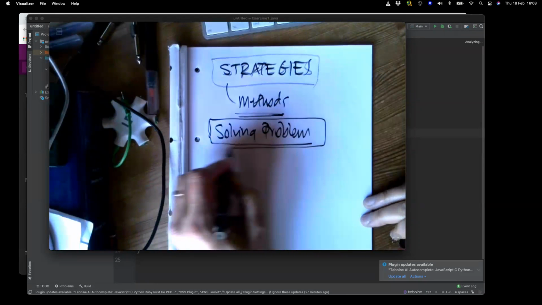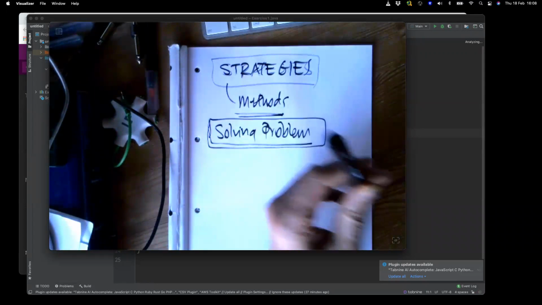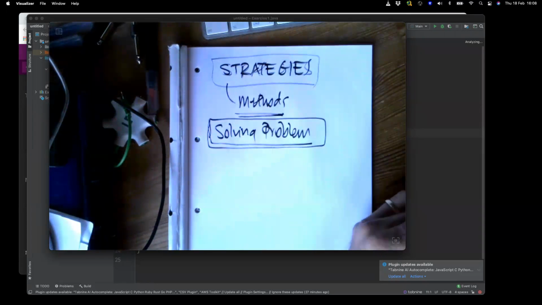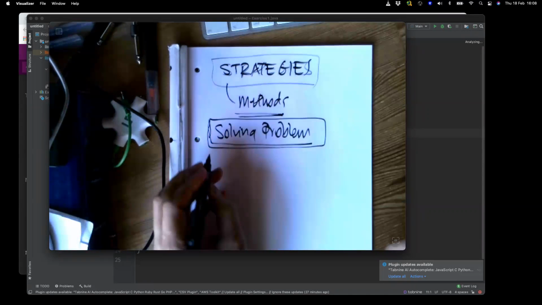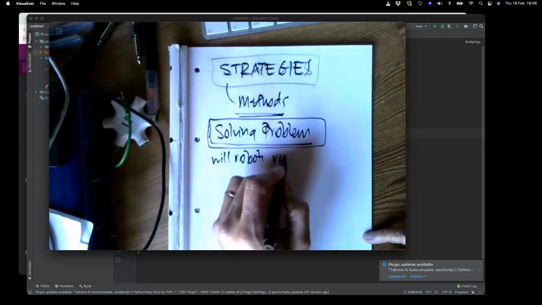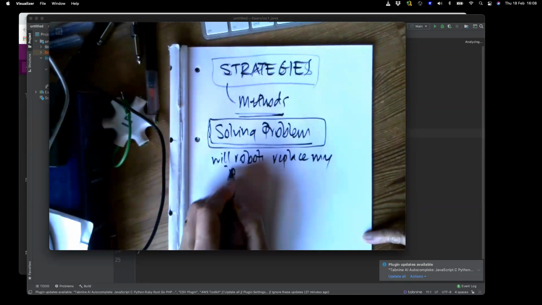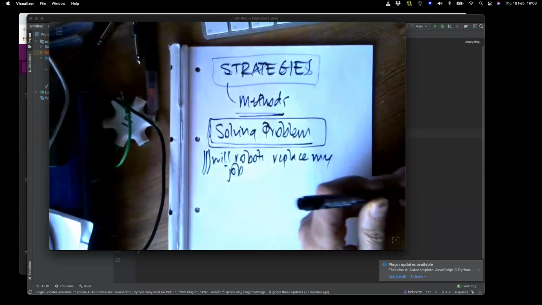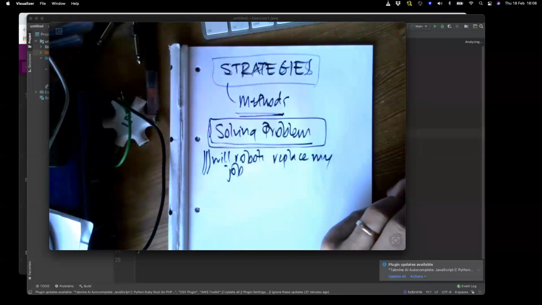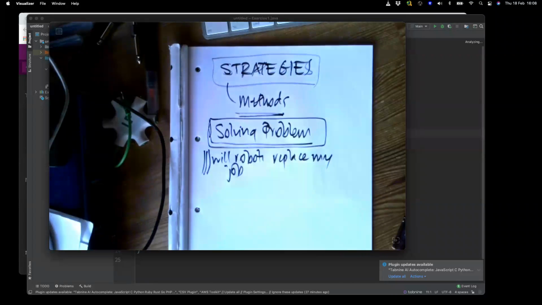The best programmers aren't the ones who can write the most lines of code. I don't know if anyone has seen that website, Will Robots Replace Me or something. I think it's called something like that. Will Robots Replace My Job? Maybe someone wants to Google it. I did it a few years ago at an induction, and I got the students to shout out jobs that they thought would be potentially replaced. And someone typed in software engineering. There we go, someone got it. That's it. Joseph, you've got it.